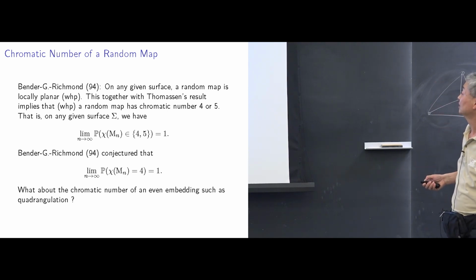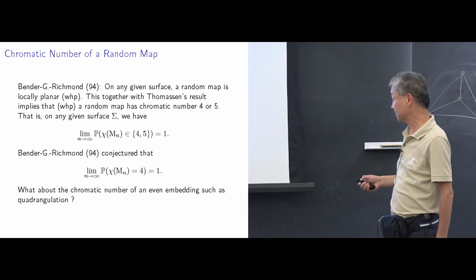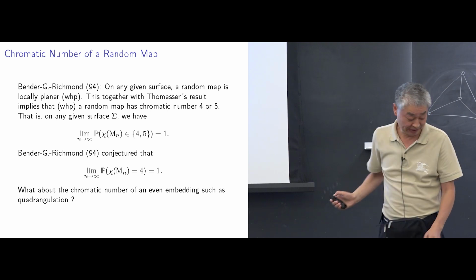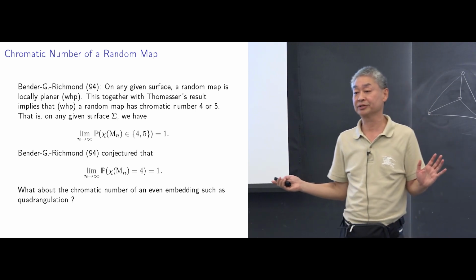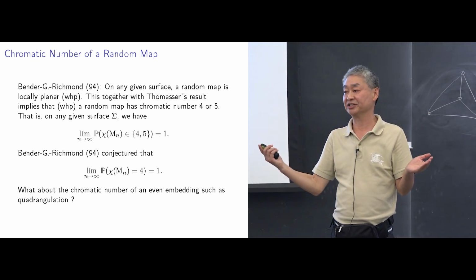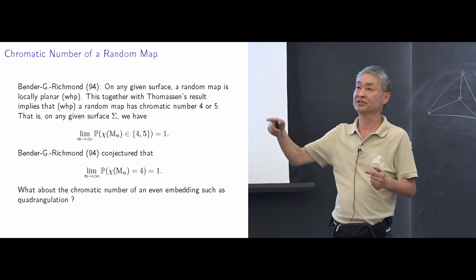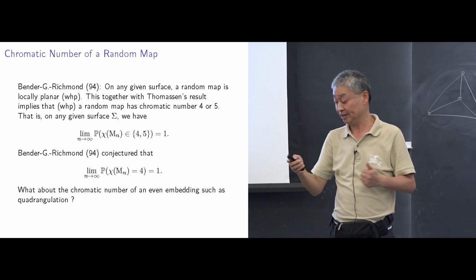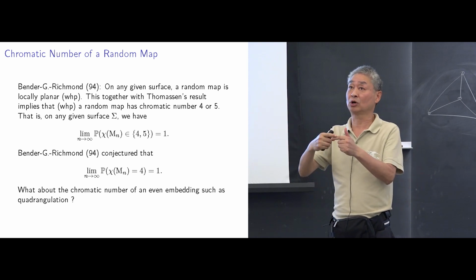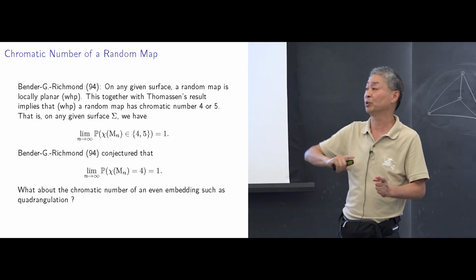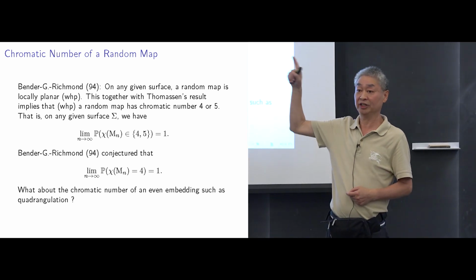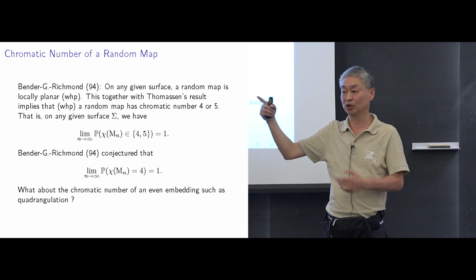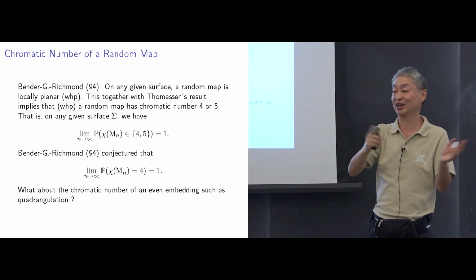the next one. So this is about triangulations or maps. Now, what about some special families of maps? Let's look at quadrangulations, or so-called even embeddings, okay? Embeddings in which all faces have even degrees, okay? Of course, the coloring of even embeddings can be reduced to colorings of quadrangulations because you can quadrangulate each even face, in a way similar to subdividing a general face into